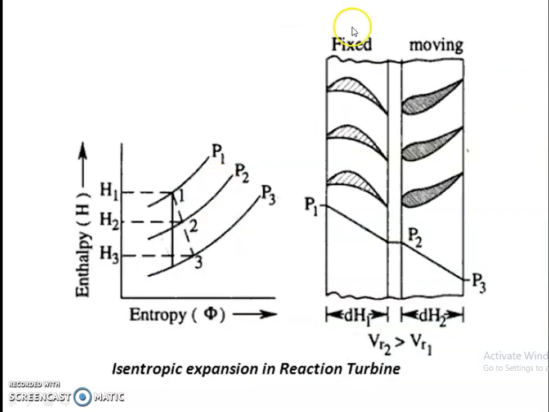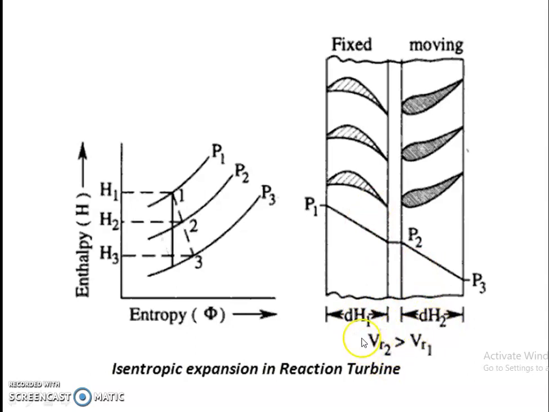In the next slide we discuss the fixed blade. Already I told about the fixed blade and moving blade. In the fixed blade there is a pressure drop from P1 to P2. Again in the moving blade there is a pressure drop from P2 to P3, and I also told about the enthalpy drop in the fixed blade and the moving blade, that is dH1